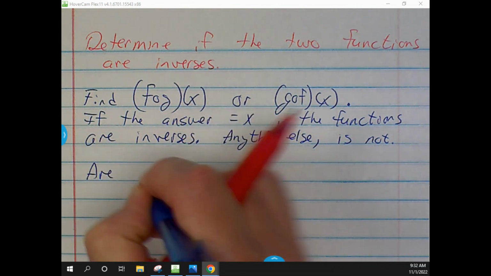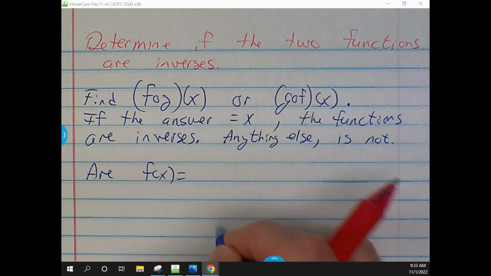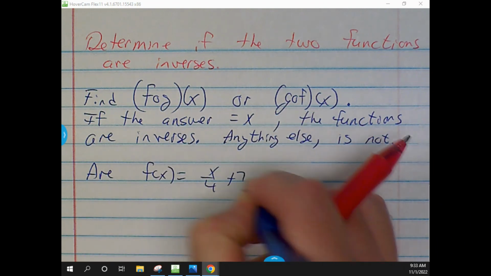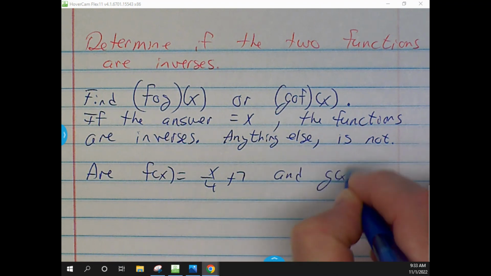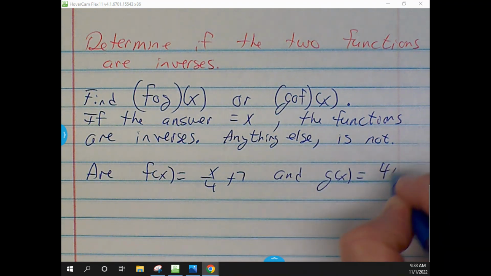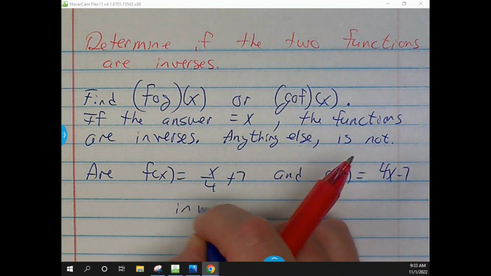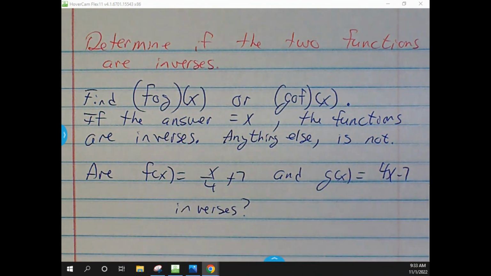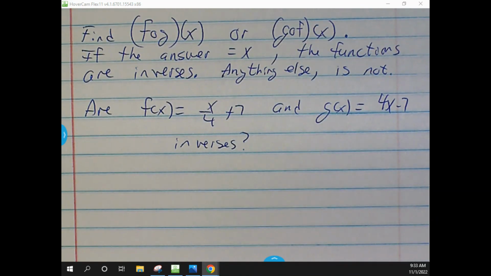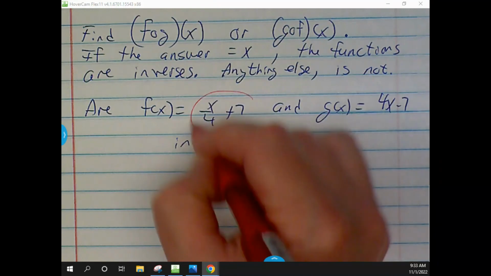Okay. So f of x equals x over 4 plus 7, and g of x is 4x minus 7. Are those two functions inverses? Okay. Again, it doesn't matter whether you do f of g of x or g of f of x. You just take one function, plug it in the other function, and see what you get. The order doesn't matter because if they're inverses, either way you go, you should get an x for that part of it. So for this one, I'm just going to take the first one